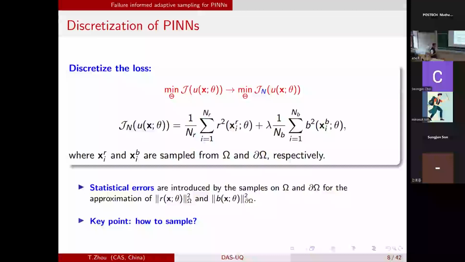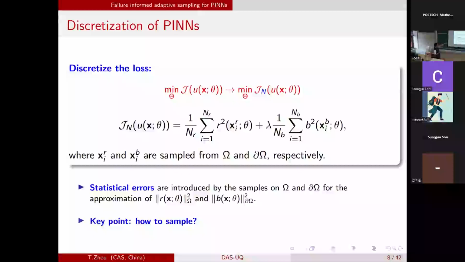When you do finite element, you first need to get a mesh, and then based on that mesh, you will discretize the solution. You define your finite element spaces. But here it's the same, but we no longer use finite elements. We use neural network functions, still some nonlinear functions, to approximate the solution. But you have to sample the domain and boundary to get the training points. How to sample is similar to how to refine a mesh in finite element. So in this step, you will introduce some error.